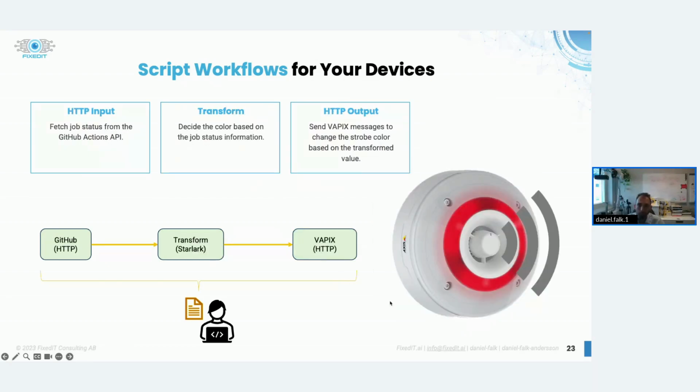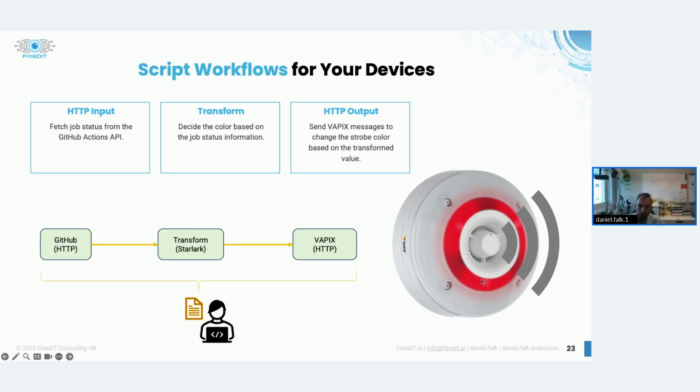But for this use case, what we want to do is to have an HTTP input, which makes a request to GitHub and gets the status of our job. We then want to do a transformation to transform the response we get from the GitHub API to a color that our strobe should show. And then we want to use this color to send it to the VAPIX API, which will actually change the